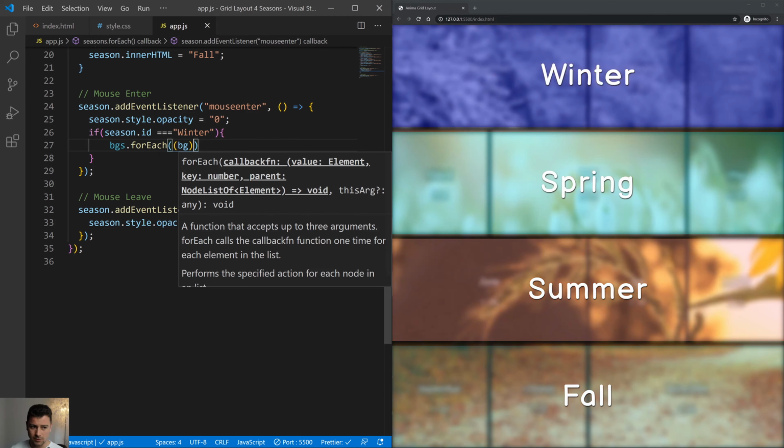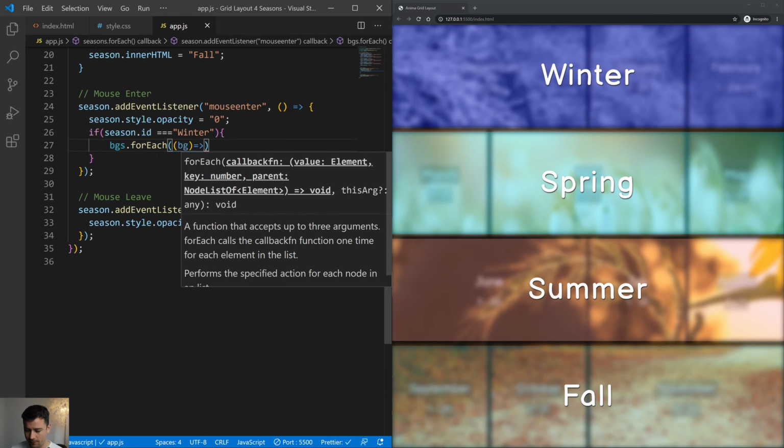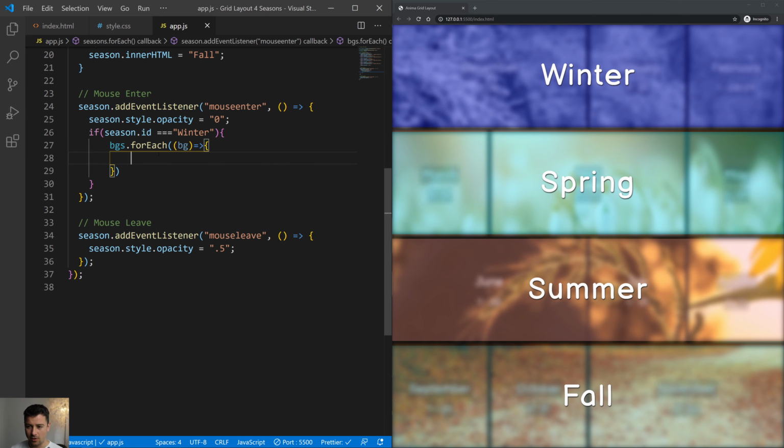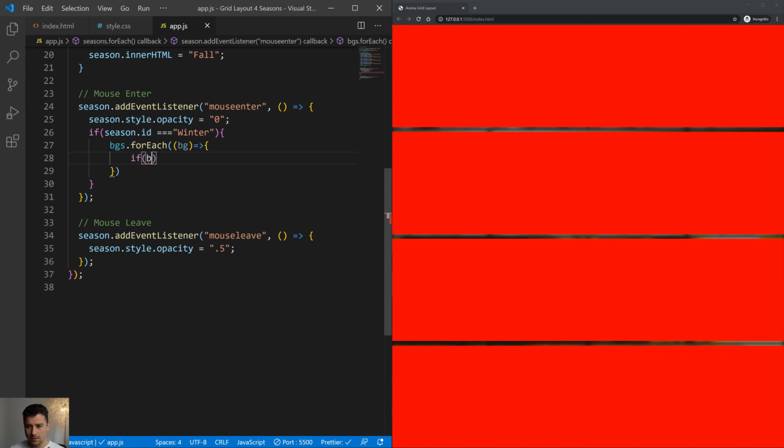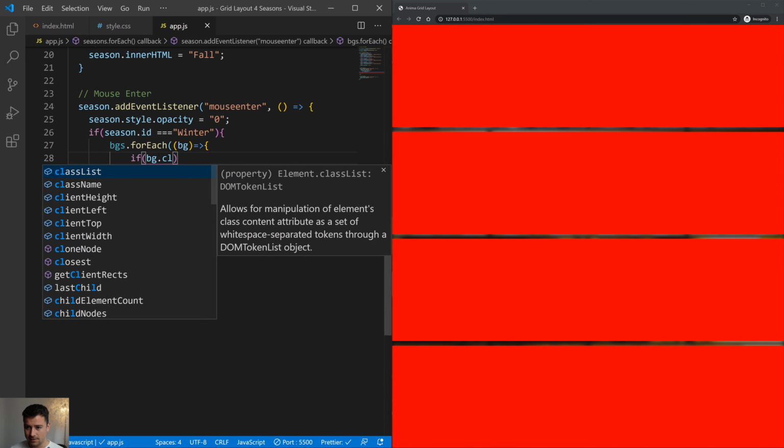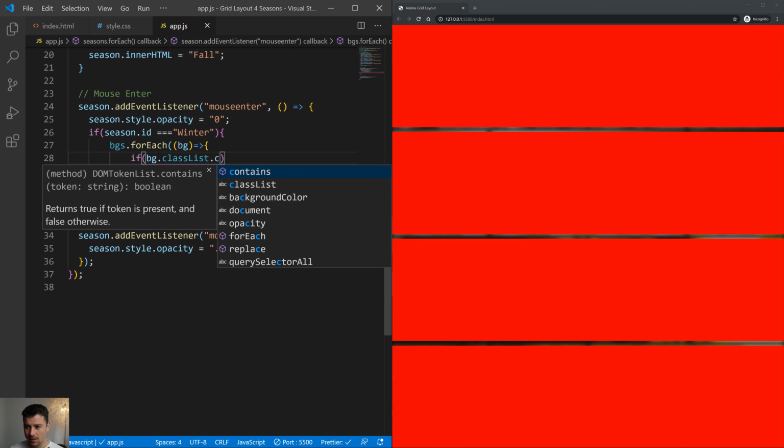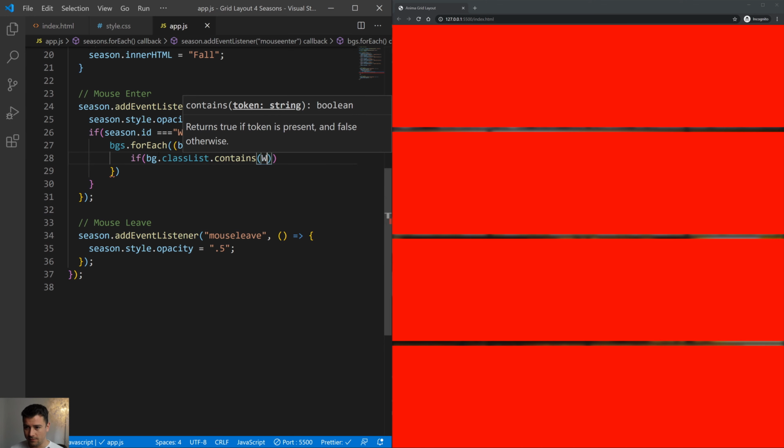So I'm going to just use the singular and then an arrow function. This is actually a callback function, and I'm going to use again an if statement. If the bg.classList contains the class of winter,